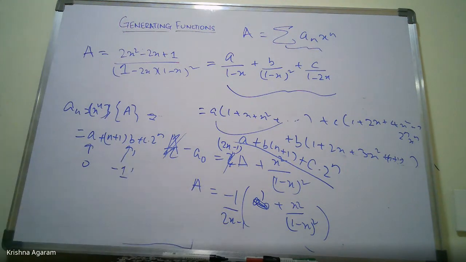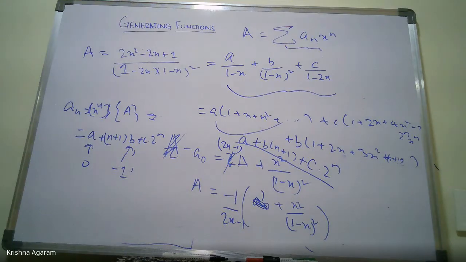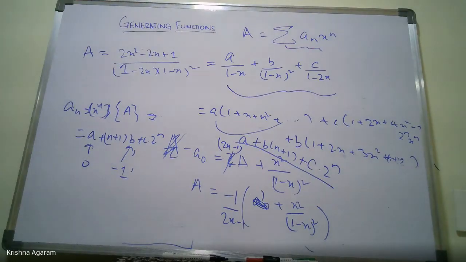Okay, are people clear why we need to do the partial fraction thing? Then it's direct, you can read off a_n. Is it clear that once you get the partial fraction, you're done? Okay, fine. So now all that remains is to get the partial fraction.